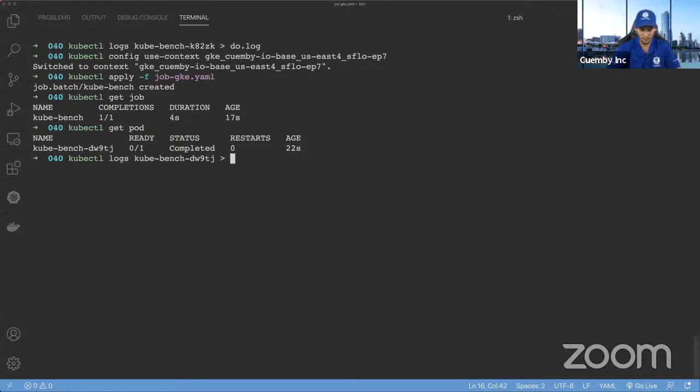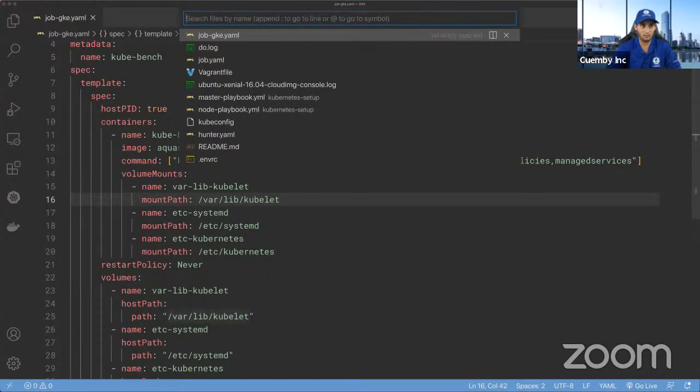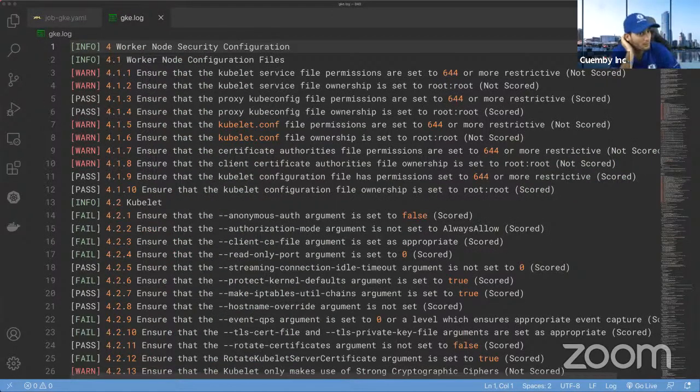Now we're just gonna save it as GKE, and then let's do the log. Sounds good. And let's now open this one. Let's just do GKE. Okay, no, not that one. Let's just do the GKE. All right, sounds good. Same thing. You're familiar with this array, so I'm not gonna go through every single one. I think that's more than clear by this time.